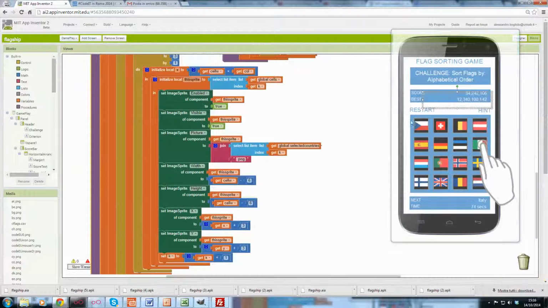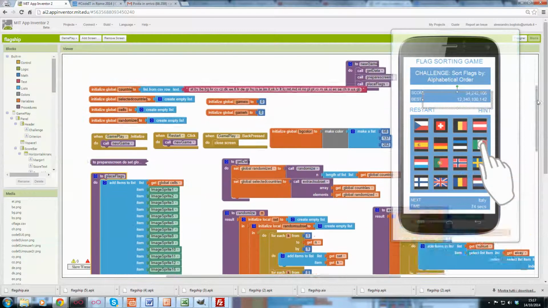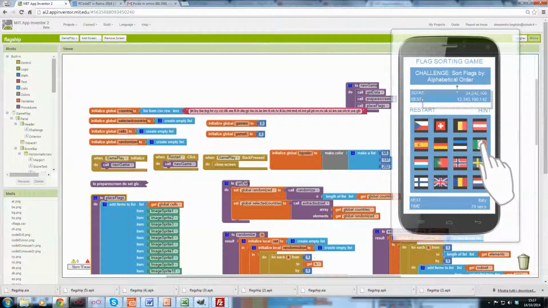This means that every time we started the game, we found exactly the same flags shown in the same order, and in particular the flags are associated with the names of the countries, which are represented by their acronyms